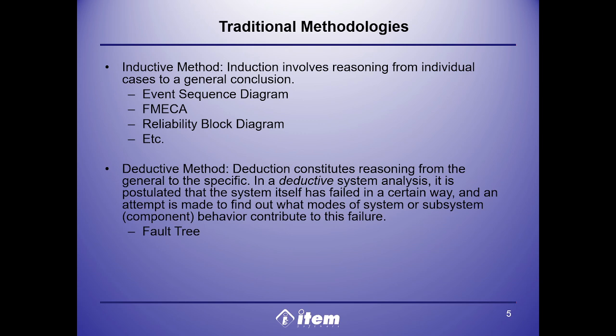Conversely, the deductive method is a top-down approach. It constitutes reasoning from the general to the specific. In a deductive analysis, we postulate that the system itself has failed in a specific way, which we call the top event, and then work backward to identify all the combinations of component behaviors that could contribute to that failure. The industry standard tool for this method is the fault tree analysis. Understanding these two paths is essential, as most robust safety cases require a combination of both inductive and deductive viewpoints